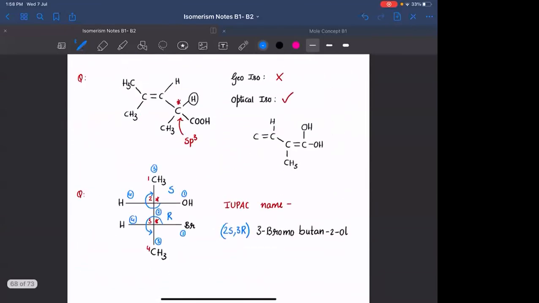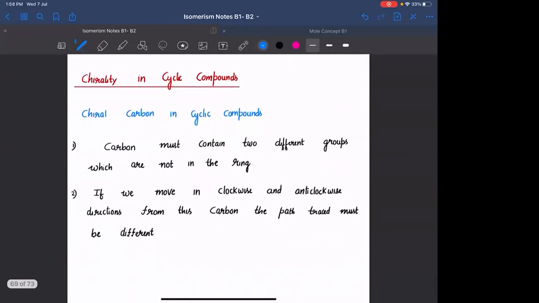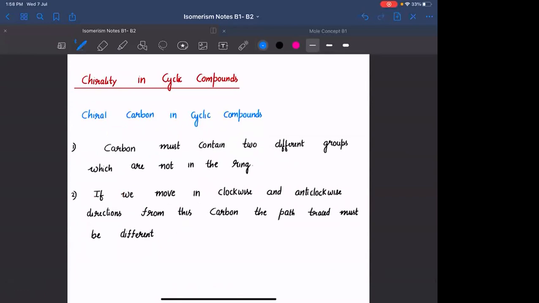This is about chirality in acyclic compounds. Even in cyclic compounds, you can have an asymmetric molecule. If it is an asymmetric molecule, you can have a mirror image of it, which will be non-superimposable and which will have an opposite rotation. So let us see how to identify chirality in cyclic compounds. If you have seen the material, some of the questions are based on cyclic compounds. That is also important. Is that clear, everyone? Yahan tak?